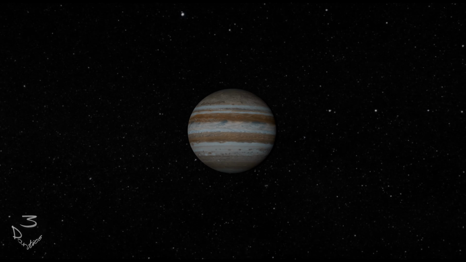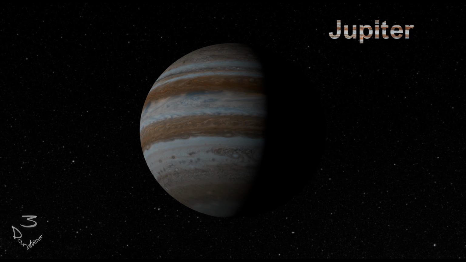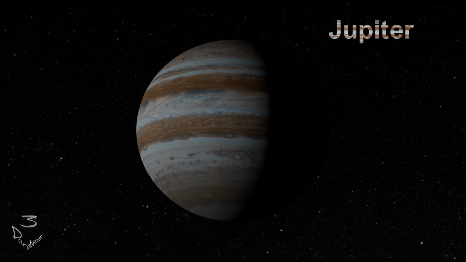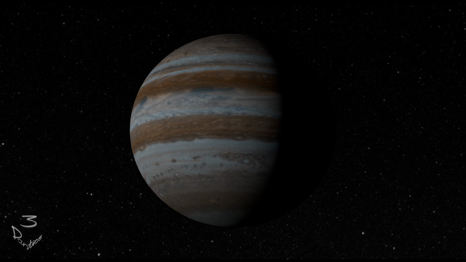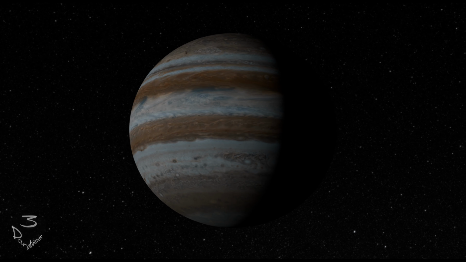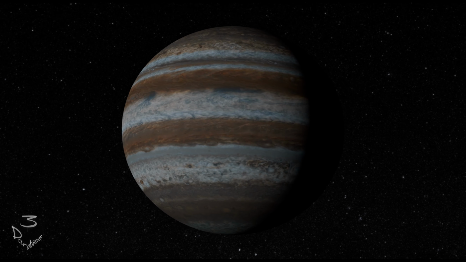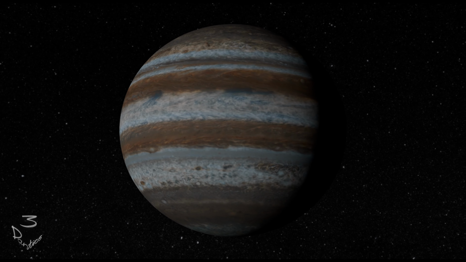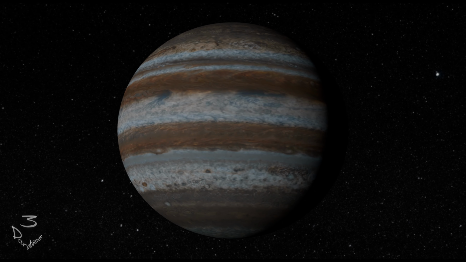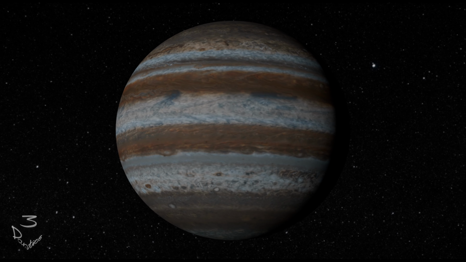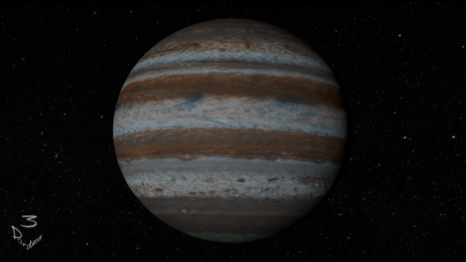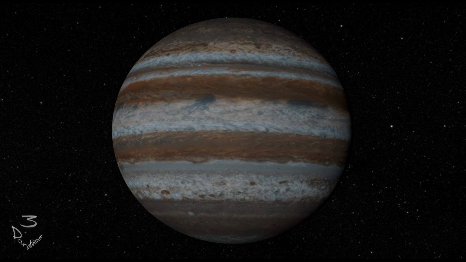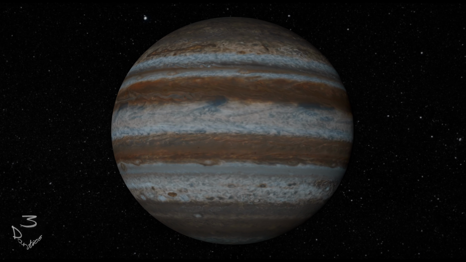The biggest planet, Jupiter. This still image makes it look like it's made out of marble, but that's not solid ground. This is a gas giant. It's mainly made up of hydrogen. The outer atmosphere we can see is hydrogen in gas form. Then 50 kilometers below that, it forms liquid hydrogen, and as the pressure builds, it becomes metallic hydrogen, and only in the center is a molten rocky core.